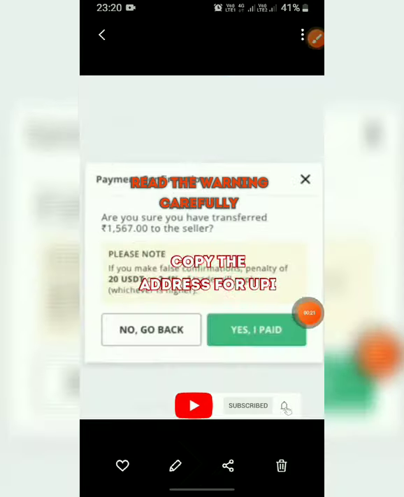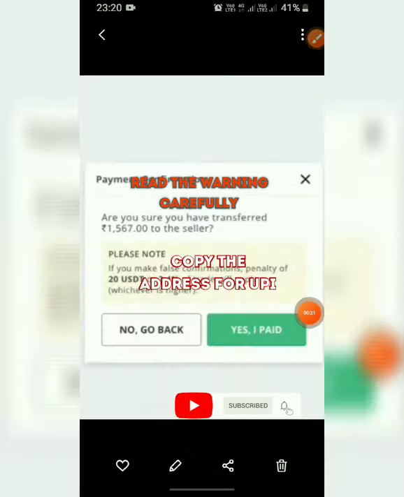When I click on the transfer button, I see this prompt. Remember, don't click yes if you do not want to buy the USDT right now, because once you click yes you have to buy it, otherwise you have to pay a fine of 20 USDT or 2.4% charges, otherwise your deposit and withdrawal can be affected. So remember this point, it's the most important point here. And finally I need to buy, so I click yes I paid.